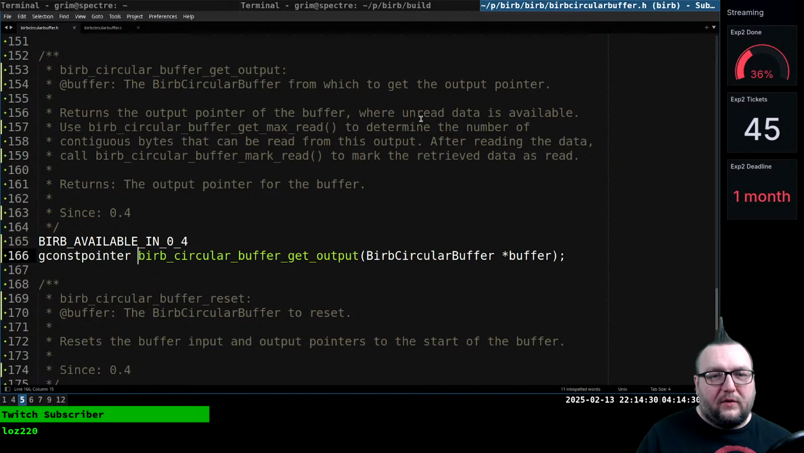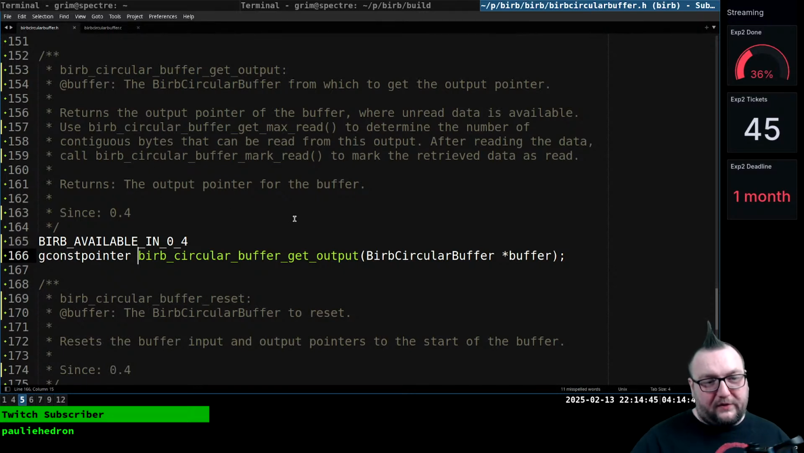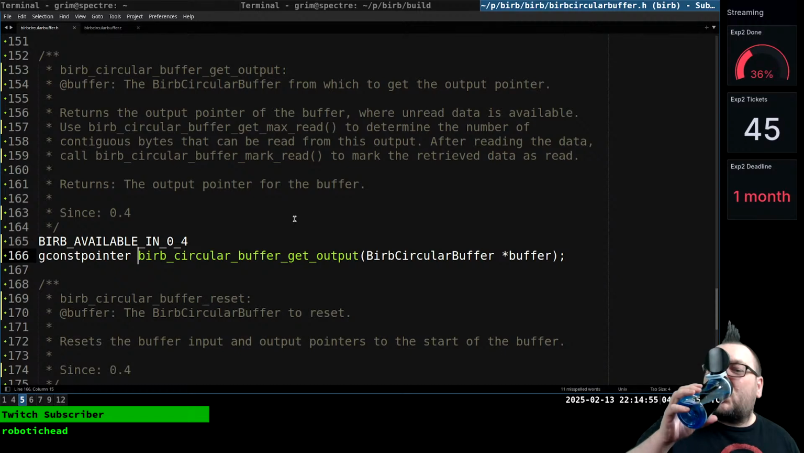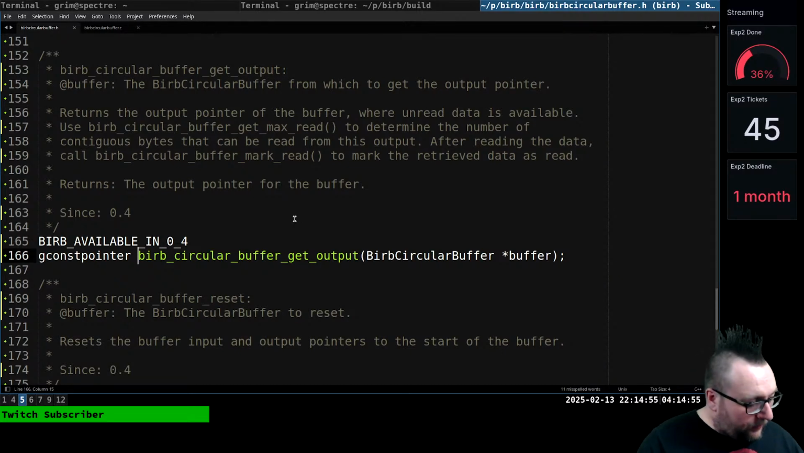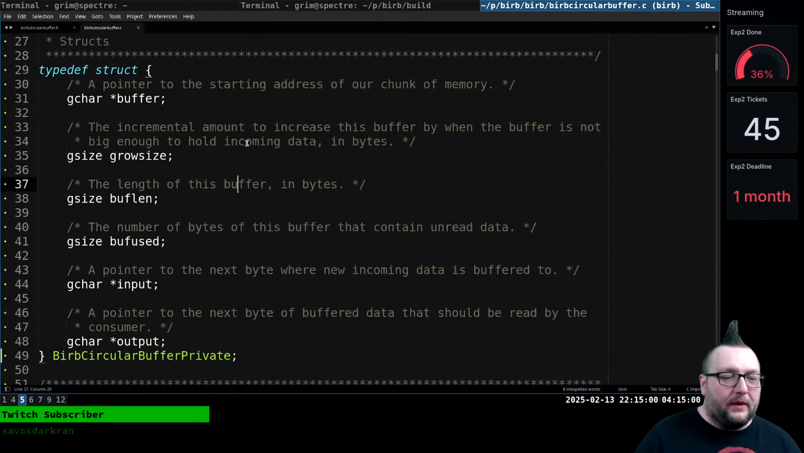Returns the upper pointer of the buffer where unread data is available. Use burp circle buffer get max read to determine the number of contiguous bytes that can be read from this output. After reading the data, call burp circle buffer mark read to mark. Yeah, see, this is clunky, right? There's a bunch of stuff you have to do to make it work, and we're gonna build this in. We're gonna update the unit test, get everything working, and then we're gonna go to town. But we're gonna make this private first, which gets rid of all the class stuff and all the other crap, and it's okay. But then this becomes struct